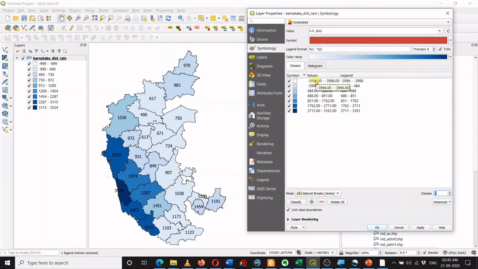Let's go back and see in the attribute table, there are some issues. You can see the minus 3996 value. So these changes occur, and you have to go back and correct them in the attribute table.